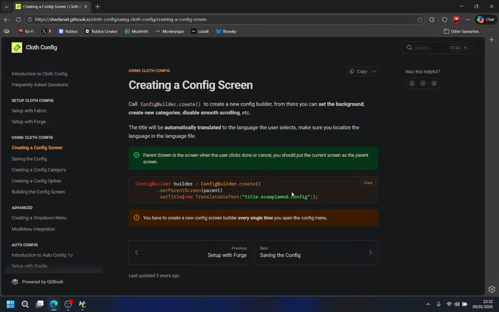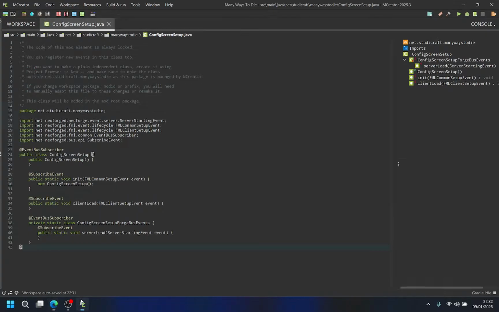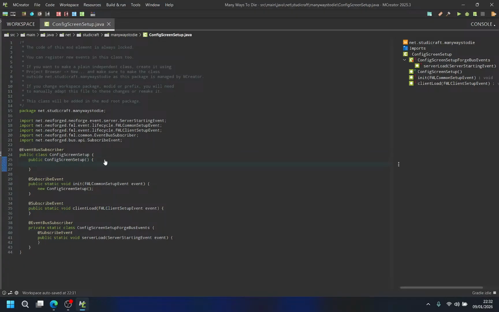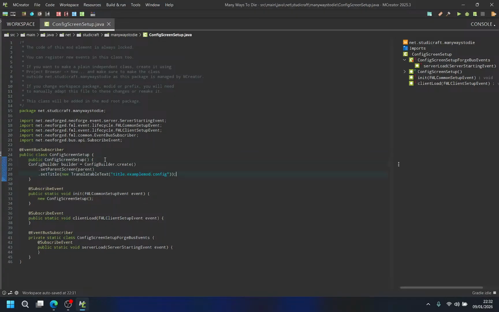Is the screen when the user clicks done on console? You should put current screen as parent. Why does that have a red icon?